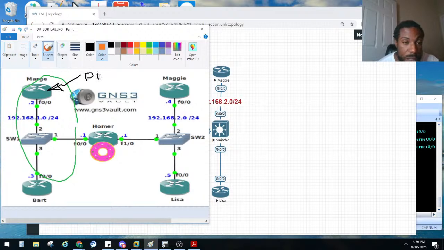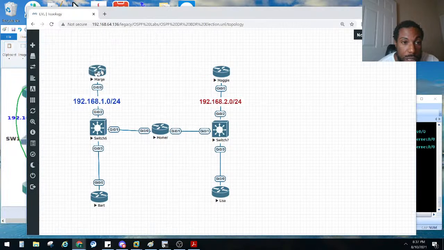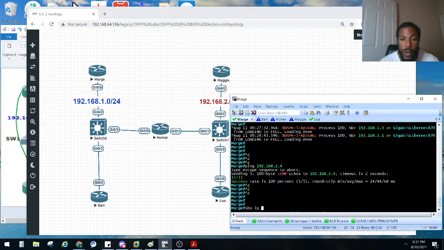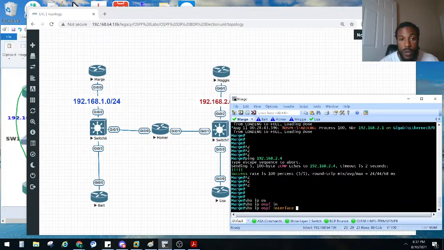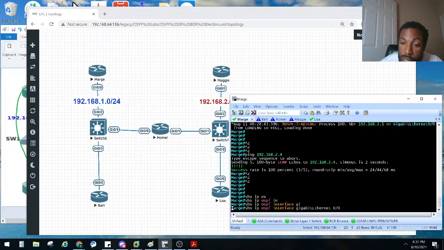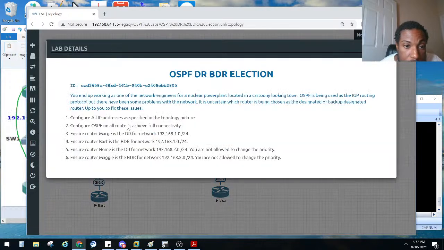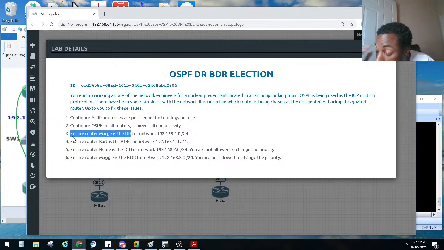DR. Let's see what she is right now. So we go to Marge. Marge is right here. And we can verify that with the show ip ospf interface command. What interface is that? We just say Gi0/0. In this case, it is 0/0. So right now it says my state is the BDR. So right now she is the BDR, but they said they wanted her to become the DR, the designated router. Again, the designated router is the router that everybody syncs their link state database to,